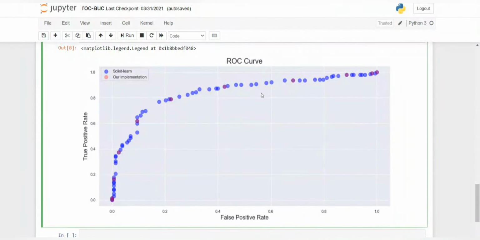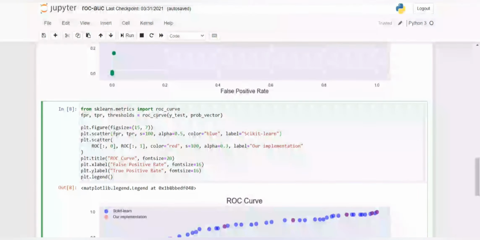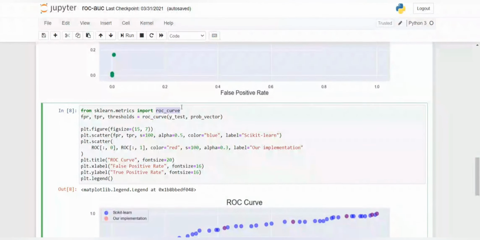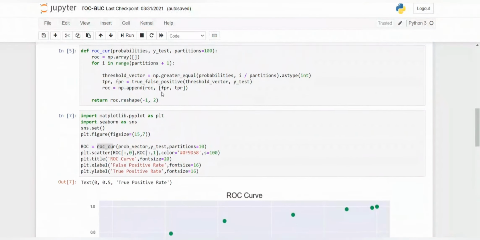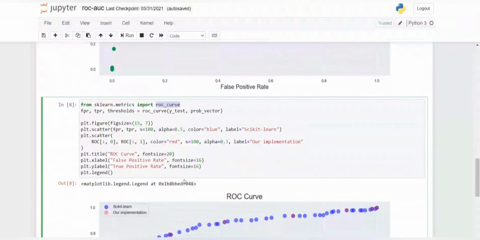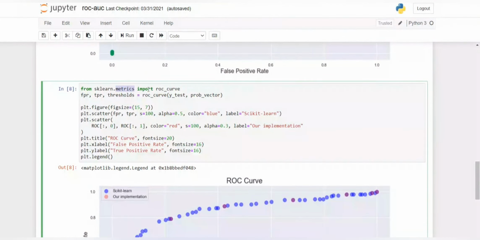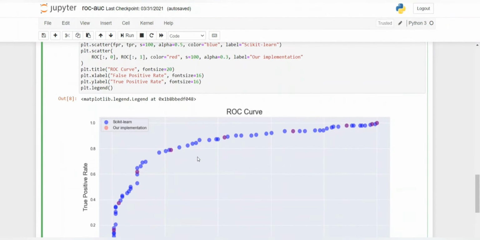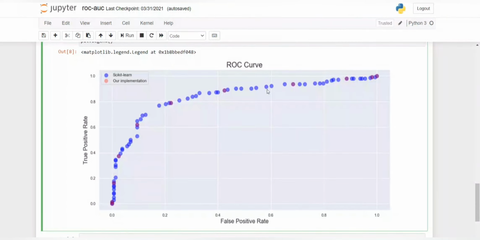This ROC curve is the implementation from sklearn. We don't need to make a function for the ROC curve as we built here. Here we calculated it manually, but we have sklearn.metrics, and then we import roc_curve. It will provide us this ROC curve. So now you have understood how to build the AUC ROC curve from any model.